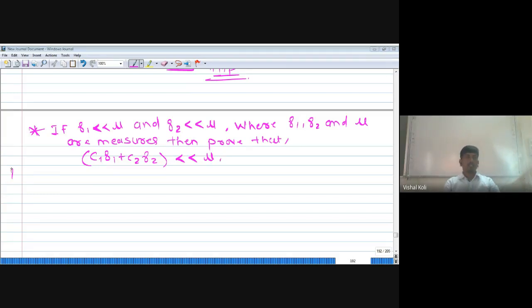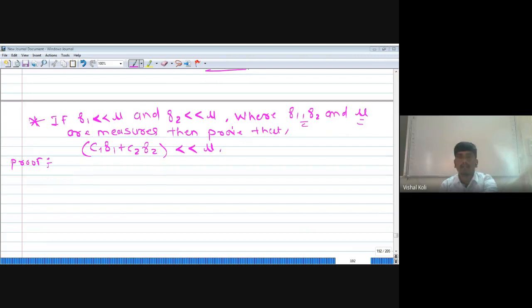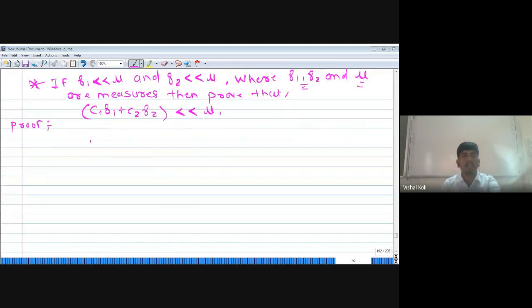So here we have gamma 1 absolutely continuous with respect to mu and gamma 2 absolutely continuous with respect to mu, and gamma 1, gamma 2 and mu are measures. As they are measures, there is no need to check the absolute continuity of their total variations. We check the total variation is absolutely continuous with respect to the second measure only whenever the measures are signed measures. As here we have measures, there is no need to check the total variation. So now let E be any measurable set,